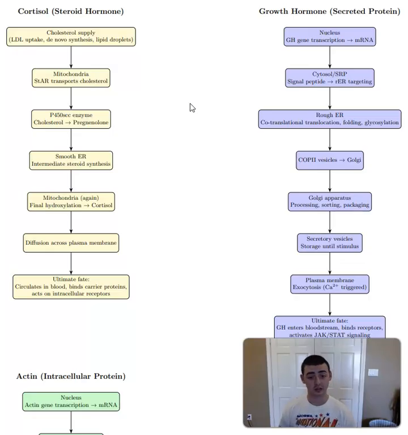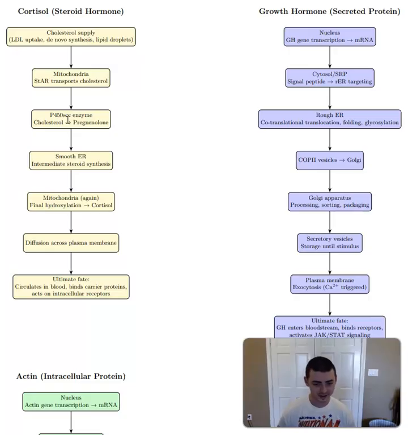Cortisol is made from cholesterol. The cholesterol supply comes either from LDL particles taken up by the cell, from de novo synthesis, or from lipid droplets stored in the cell. The first major step happens in the mitochondria, where the transport protein called StAR shuttles cholesterol inside. An enzyme called P450scc, which you see here, then converts cholesterol into